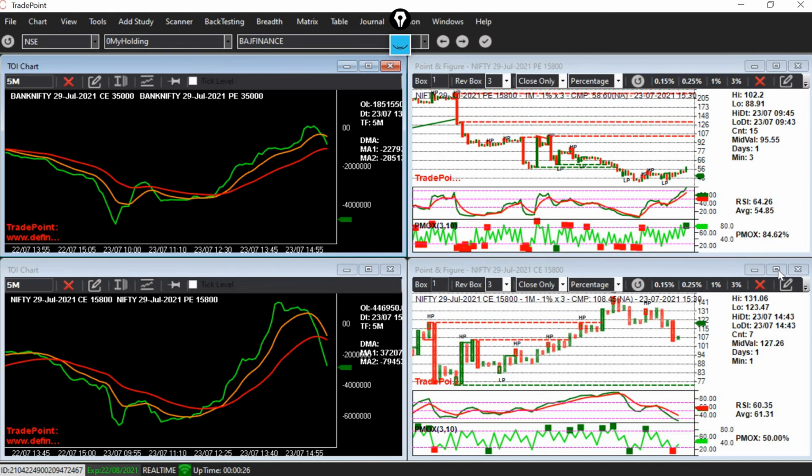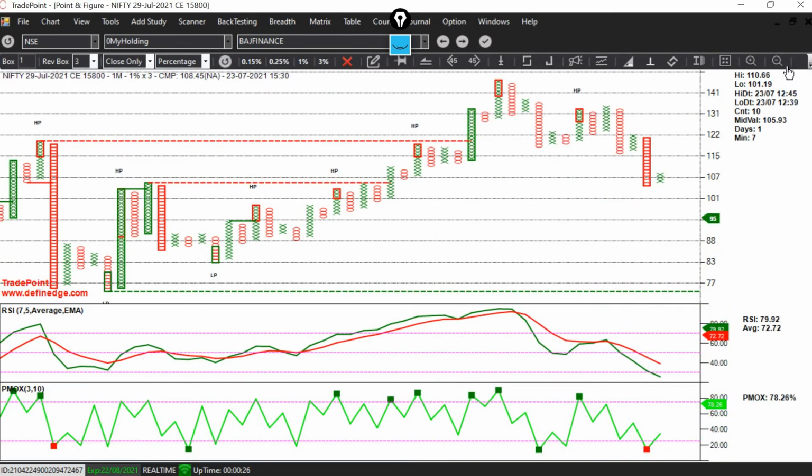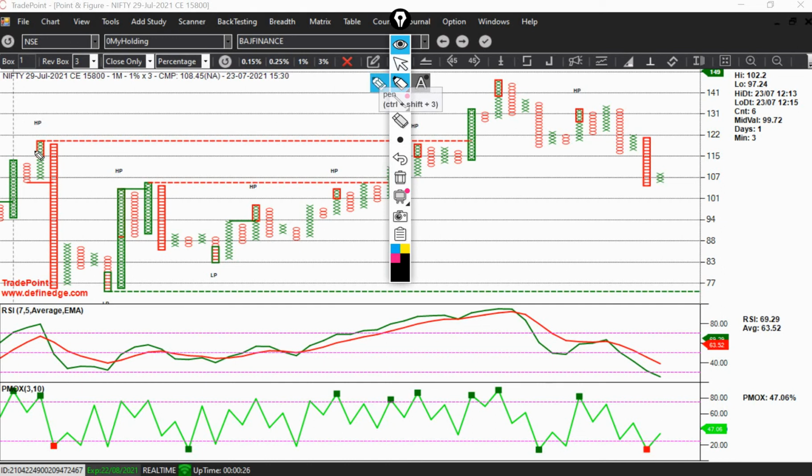You need to see the call chart, and in the call chart you just need to draw the intraday line. So the market opens here, okay, the market opens here. See, there is a low pole formation in this chart, and the entry should be as per the local, entry should be here. Your stop loss should be here. After giving the entry it hit our stop loss. Why did it hit our stop loss? Because during this formation the total open interest was not in sync.